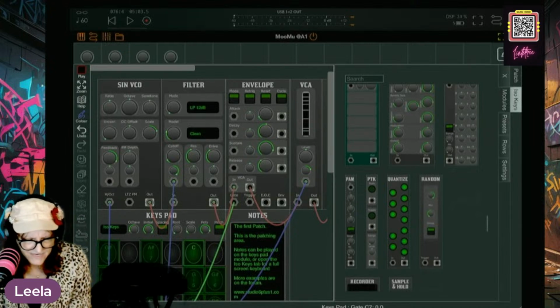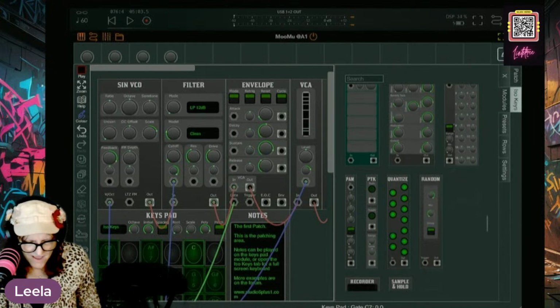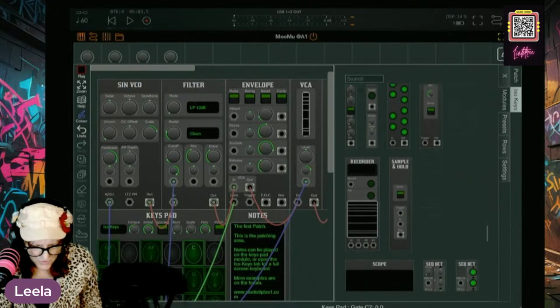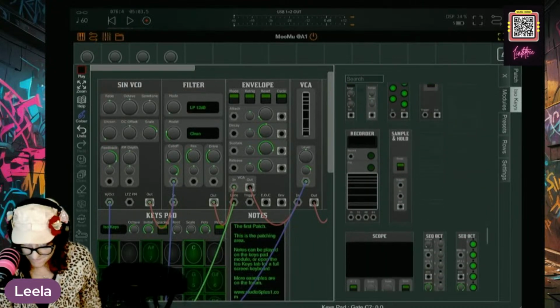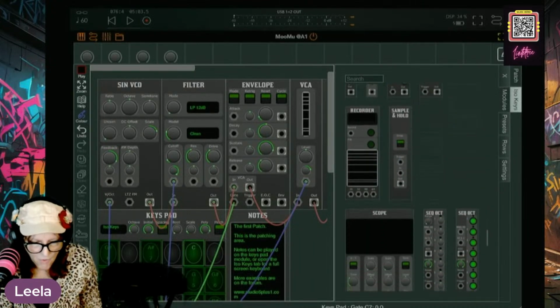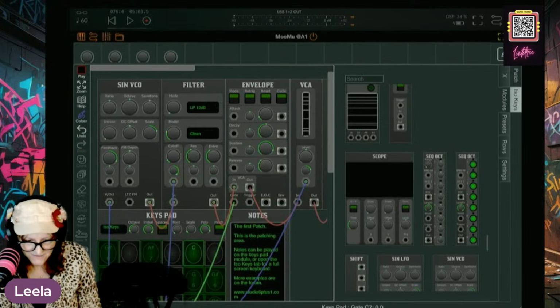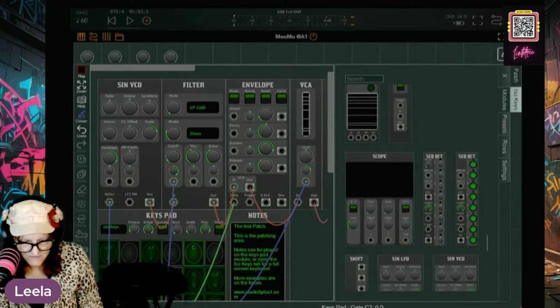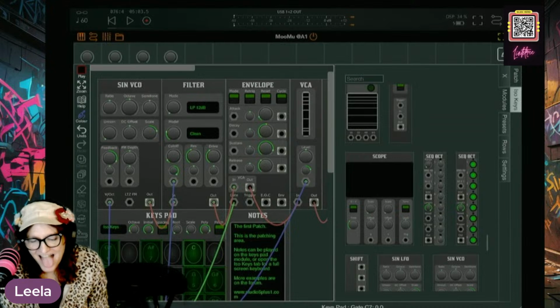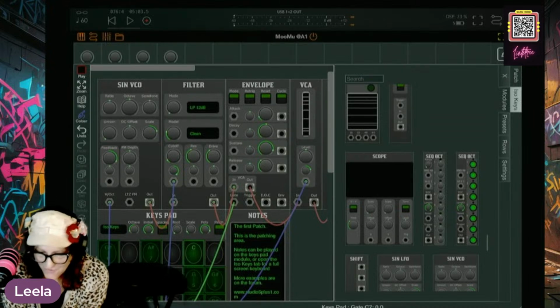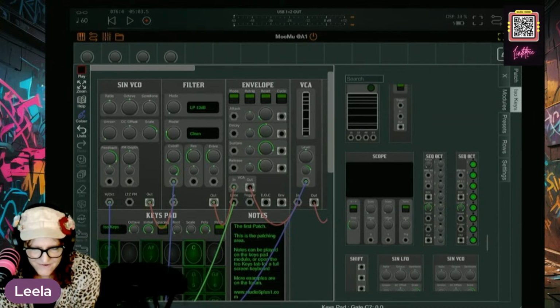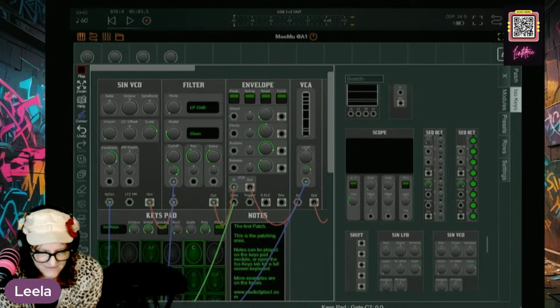PAM, PTK, quantize, random, recorder. Ooh, a recorder. Sample and hold, scope, a sequence, oct, octave sequencer maybe, or a 8 sequencer, and 8 sequences.